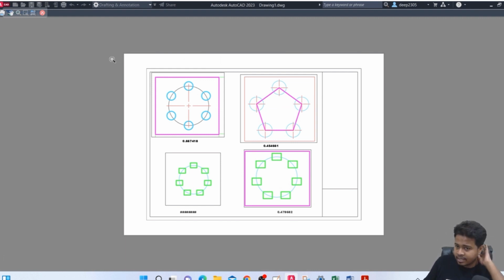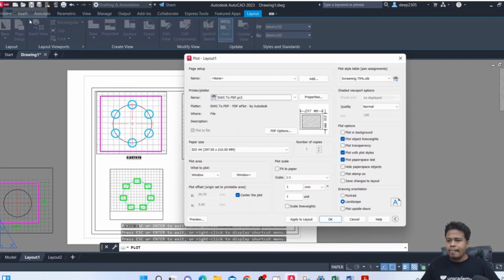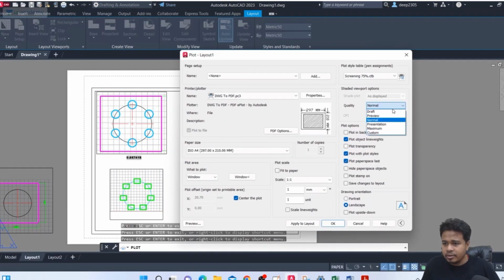What can I say? The transparency is affected as we increase the screening percentage. I hope this is also clear. You can change the quality from here as well. Okay, and after doing this,